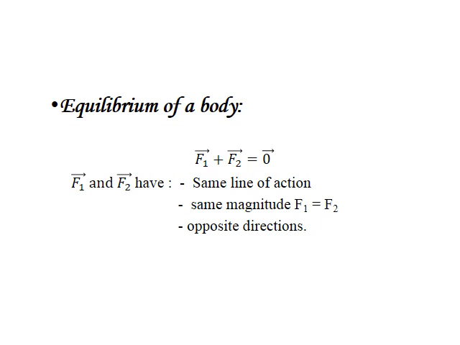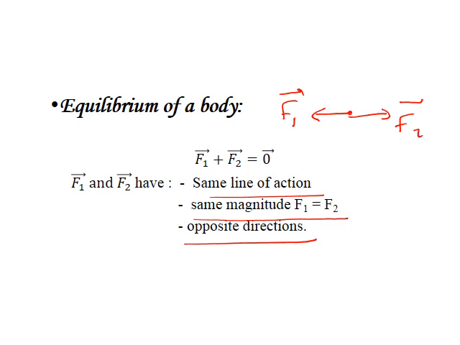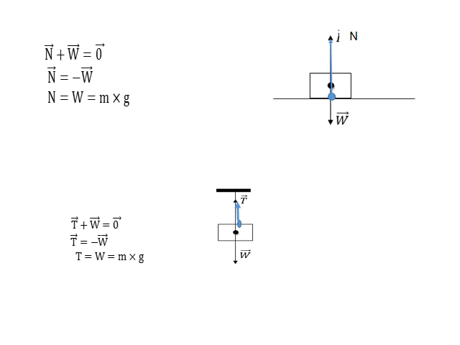Equilibrium of a body. F1 plus F2 equal 0. So F1 and F2 have the same line of action, same magnitude, opposite direction. The forces acting on this block are weight from the center of gravity, and normal from the contact point. So at equilibrium, N plus W equals 0, vector N equals minus vector W, N equals W equals M times